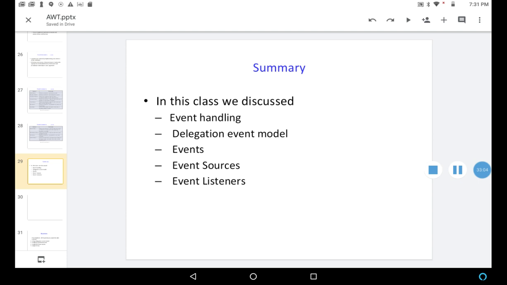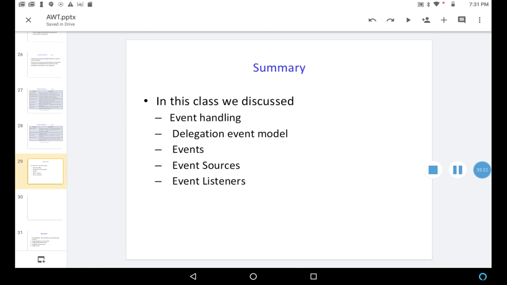That is the delegation model. Every listener registered with that particular source will get the notifications, and one or more of the listeners will handle the events.